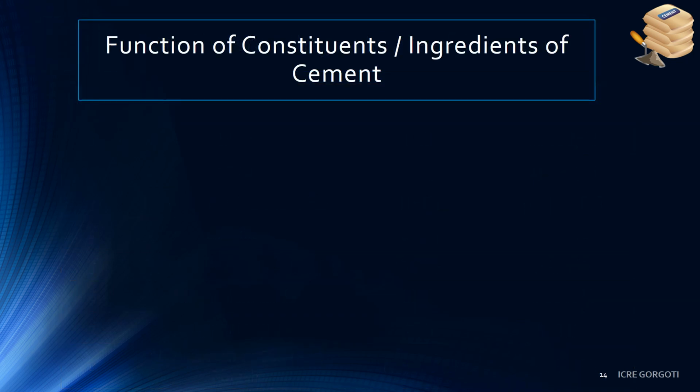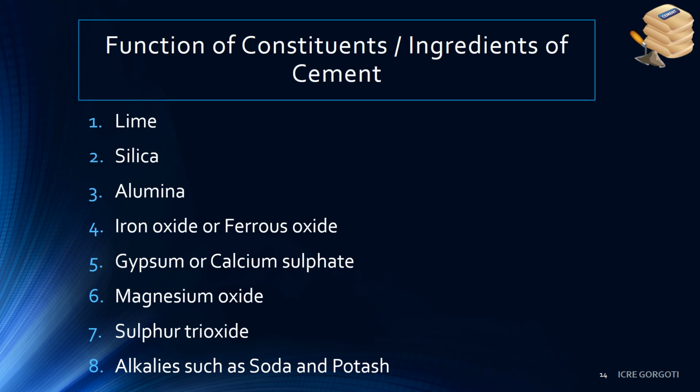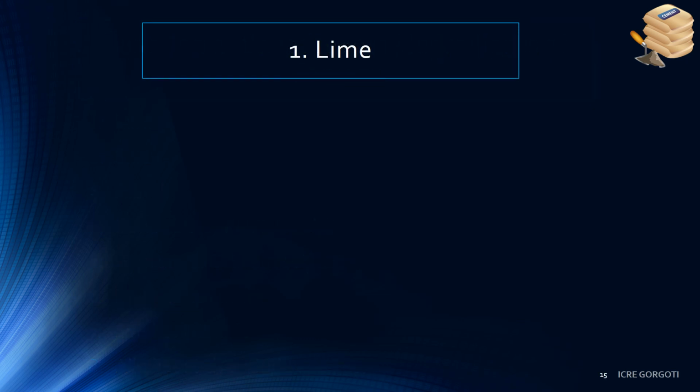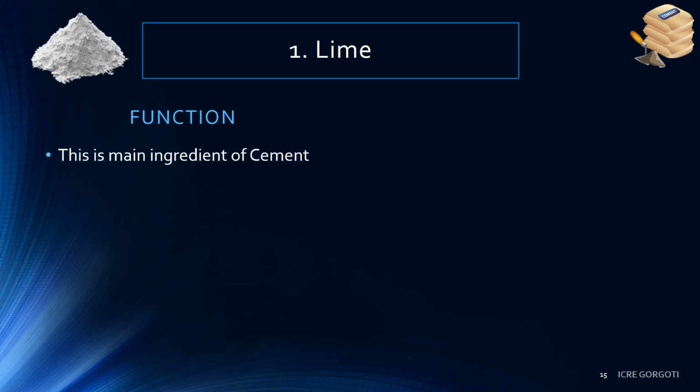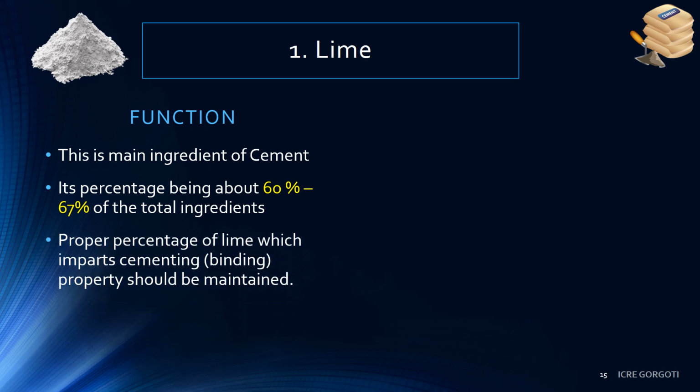Then we will see the function of constituents or ingredients of cement. The first constituent is lime and its function is this is the main ingredient of cement. Its percentage being about 60 to 67% of total ingredients. Proper percentage of lime, which imparts cementing, that is binding property, should be maintained. And its effect: